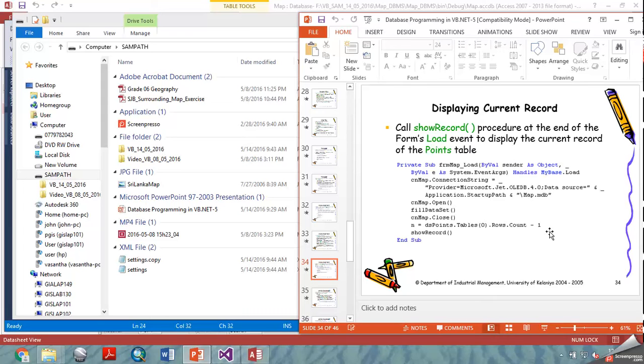And you have to write those two as well. This is the field data set sub procedure. This is the show record sub procedure. Right? These are the things that you are supposed to do in order to get this code. Then, for you to practice, I am going to explain the things that we are supposed to do here. The next thing that we are going to do is